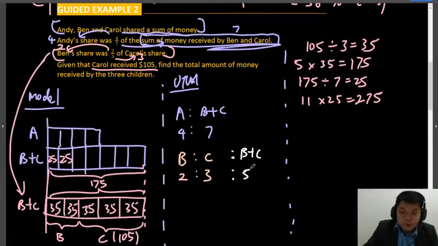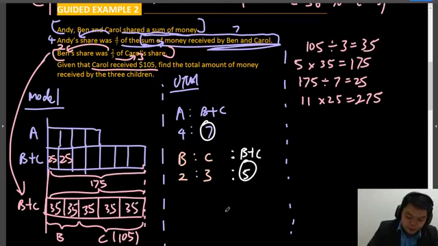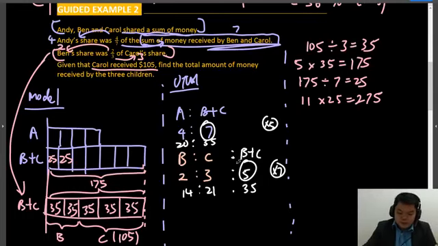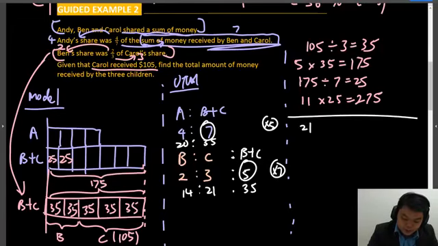So if we combine this up, we'll get 5. Then we say that these two are equal. We want to make them the same. Times this by 5, times this by 7. So this now becomes 20, 35, 14, 21, and 35. So once we've done it this way, you will see that 21 units, Carol's amount is